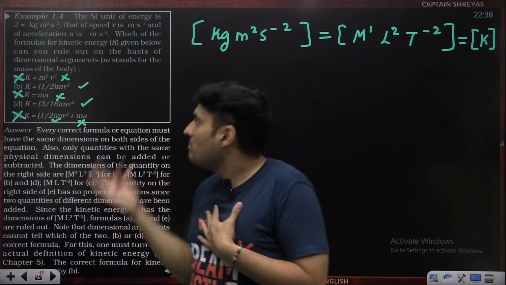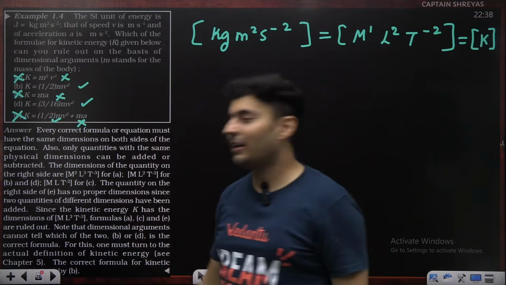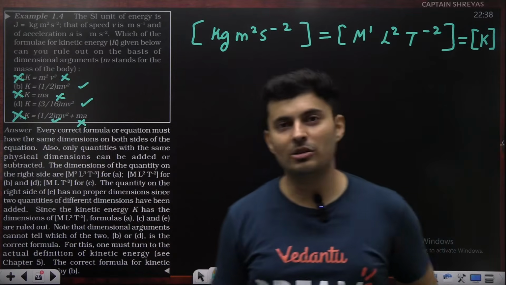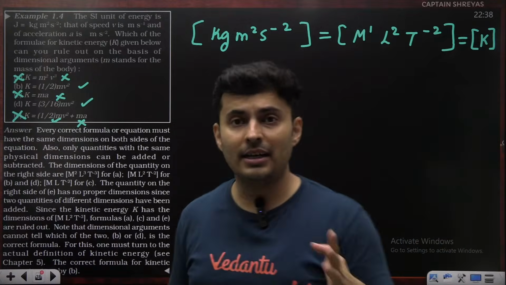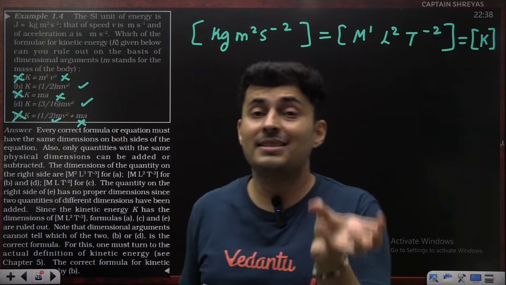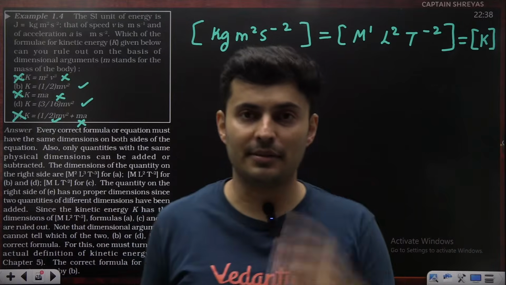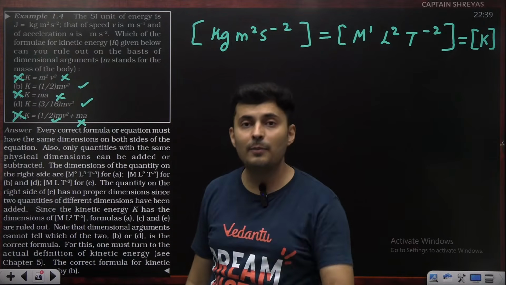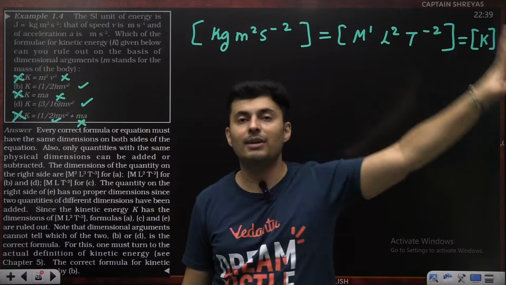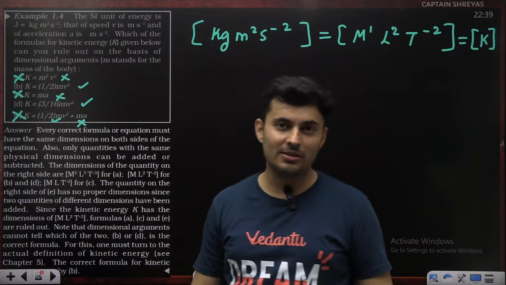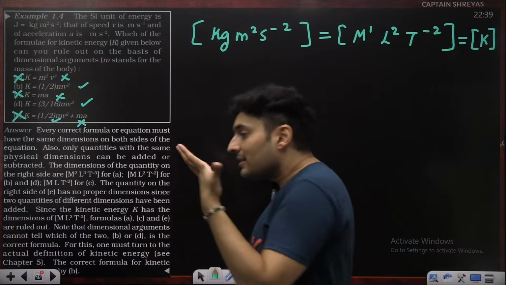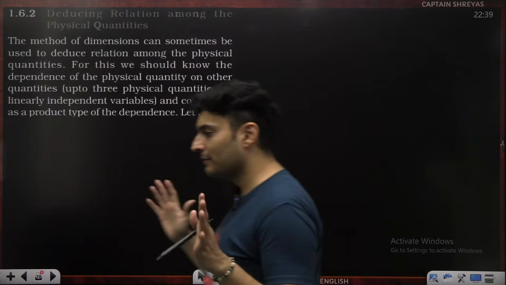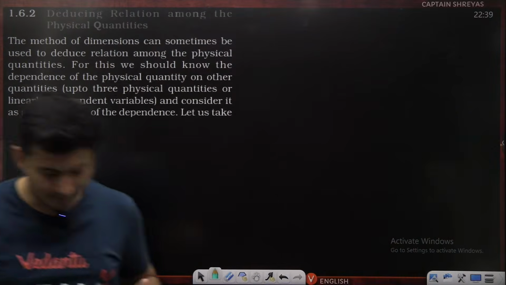Out of the two, maybe only one of them will be scientifically correct, and we know by our basic knowledge that option B will be mathematically, scientifically also correct. So understand, dimensional consistency does not help us in selection. It helps us in elimination. It did not help me select half mv square versus 3 by 16 mv square. It helped me rule out which can never be correct, like A, C, and E options. This is the significance of this example. Till this point, everybody clear? Shall we go ahead? Awesome.